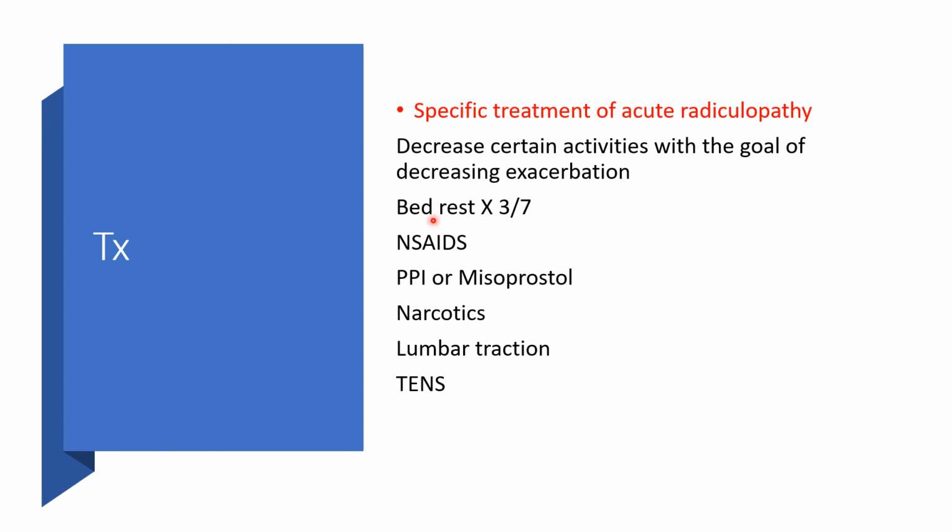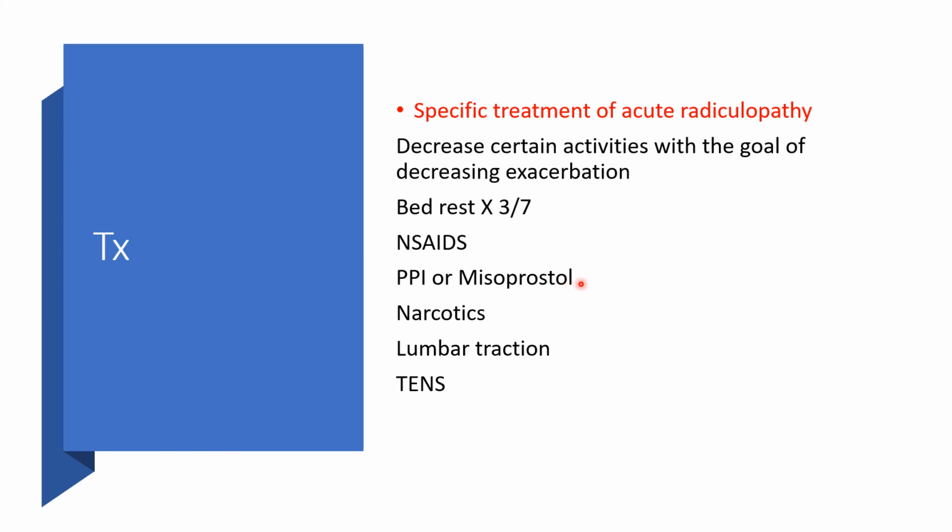Then instead of no bed rest, continue activities, continue to go to work, no. We will actually give sick leave of 3 days, rest at home for 3 days, bed rest for 3 days, not 2 days. Then use non-steroidal anti-inflammatory drugs, either celecoxib, naproxen, ibuprofen, then protect the gastrointestinal tract with proton pump